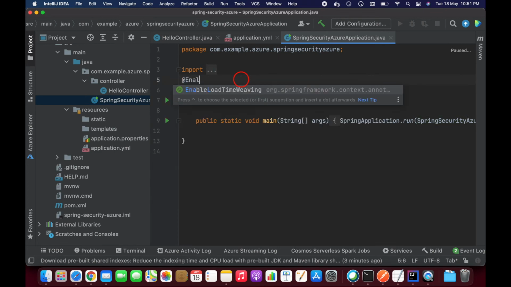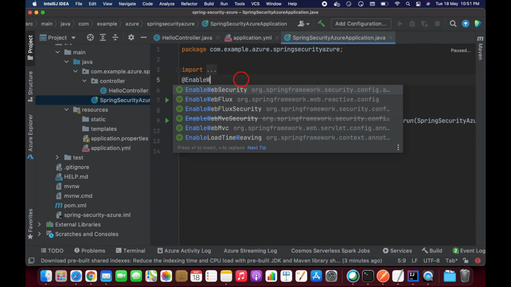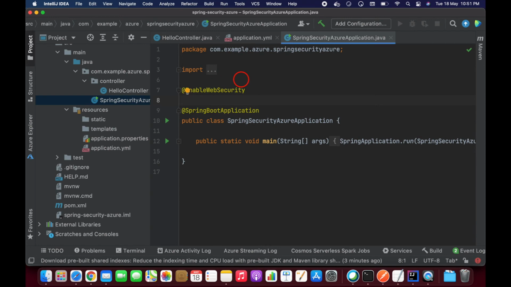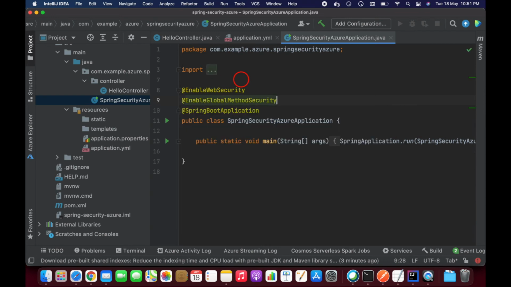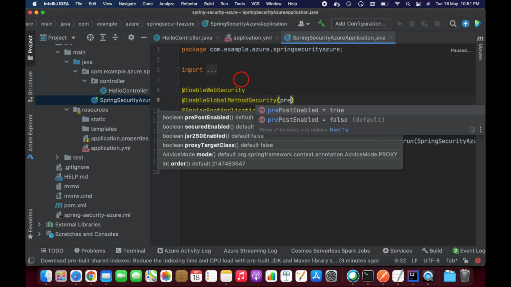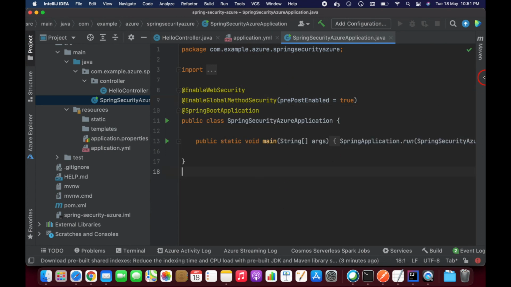Enable web security, and after that we need to enable global method security. Here we need prePostEnabled true. That's it, guys. So let's start my application.